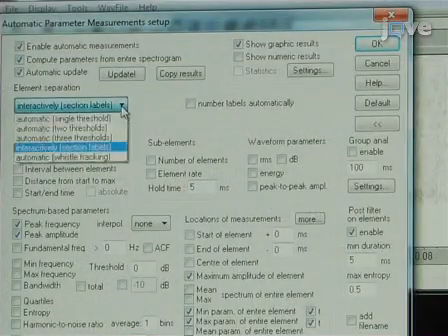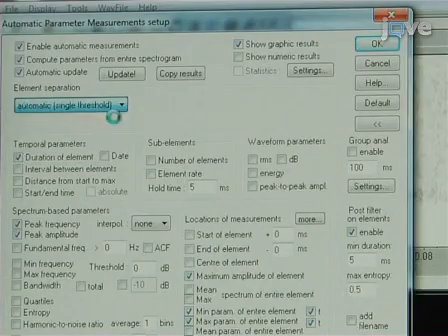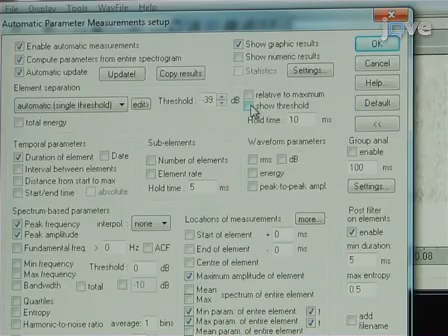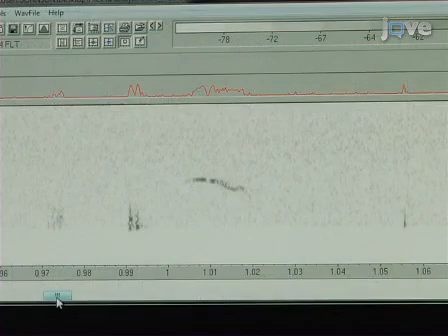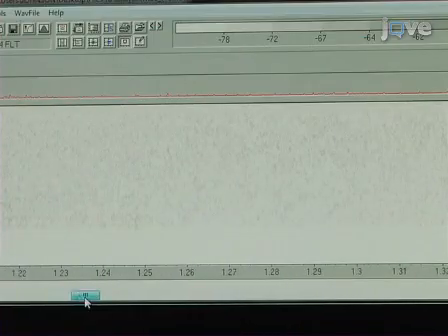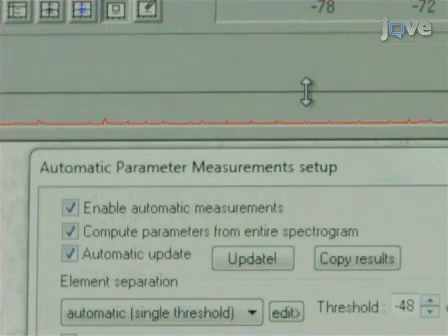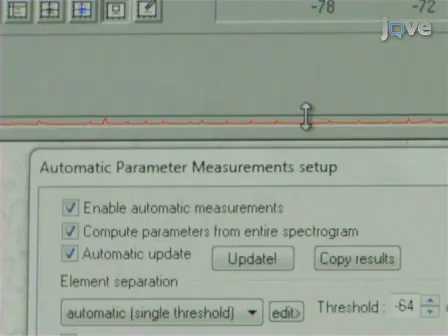Under Element Separation, select Automatic Single Threshold and Show Threshold. Find an area of the spectrogram where there are no calls or noises. This is the background noise. Set the threshold to just above the background noise by adjusting the black line in the power spectrum window above